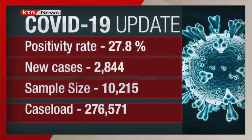Kenya has recorded 2,844 new cases of COVID-19 in a sample size of 10,215 in the last 24 hours. This means that the positivity rate has slightly dropped to 27.8%. From the cases, 2,562 are Kenyans, while 283 are foreigners. This brings the total confirmed cases to